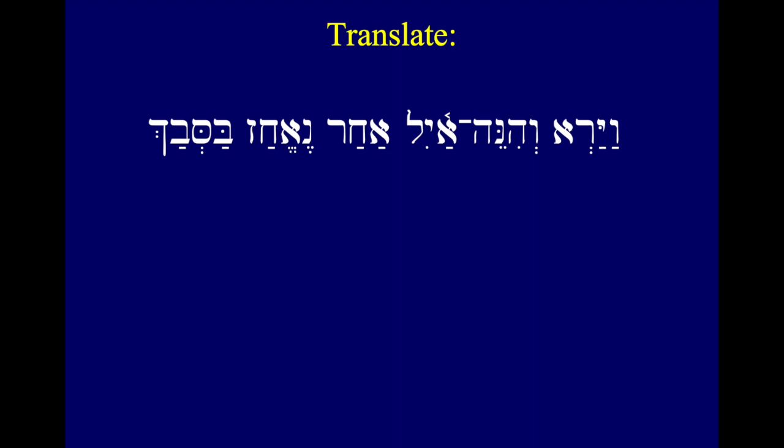I know it doesn't have a hireq under your preformative. It should, but this is a strange form. Here's a weak form. So vayar, and he looked. That's our vayiqtol, remember, our storytelling mode. And he looked. Vehinei, and behold, ayil, a ram, achar, after or behind, probably here behind, a ram behind, ne'echaz,